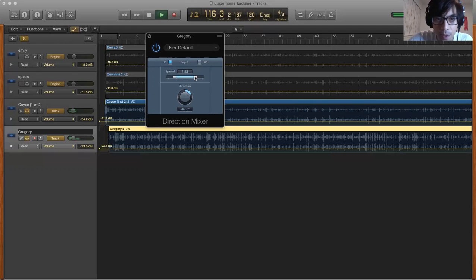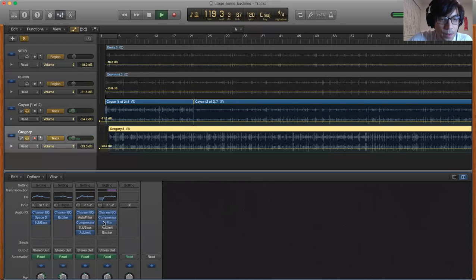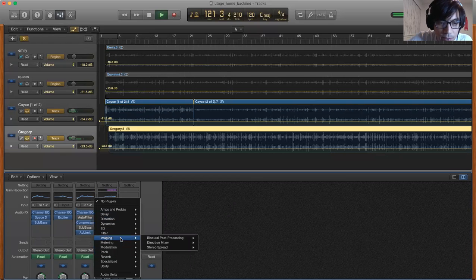using this directional mixer. And I think that's imaging. I think imaging has to do with stereo, like where are things in the space that I'm hearing, right? Okay, so yeah, so